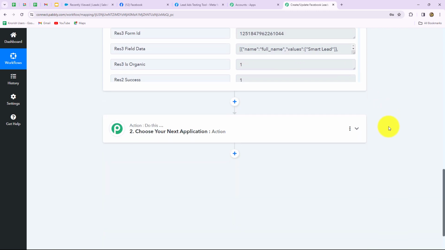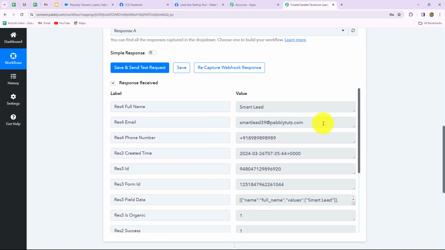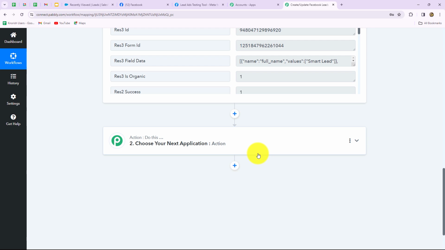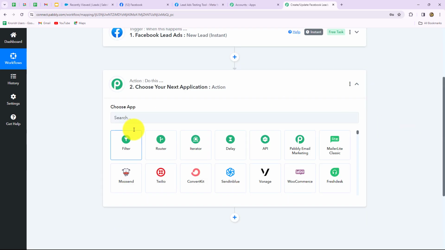So let's move further. Here we will move towards our action step, that is to add the details which we have received from Facebook lead ads to Salesforce. But here I want to apply a condition that in case the lead's details which we have received from Facebook lead ads already exist in Salesforce, then I just want to update the lead source, that will be Facebook lead ads. So for applying the condition, first of all we have to search this lead in Salesforce. So let us select our action application as Salesforce,